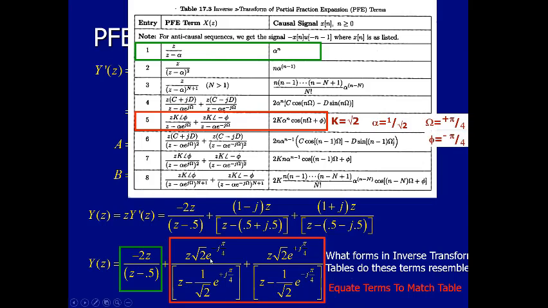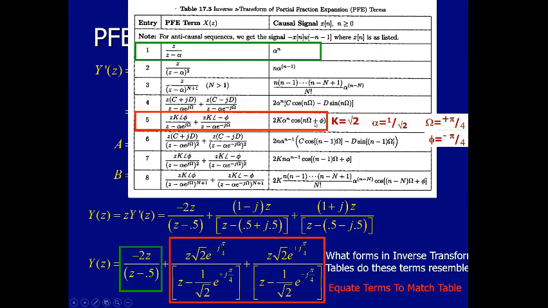Now, if I wasn't careful, if I had grabbed this term inadvertently, I could have had opposite signs on my angles. So you've got to be careful that you match up the terms appropriately. But once I make those determinations of which coefficient is what in my partial fraction expansion, then we can simply